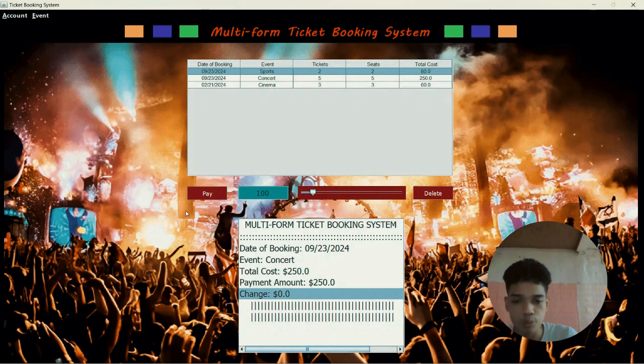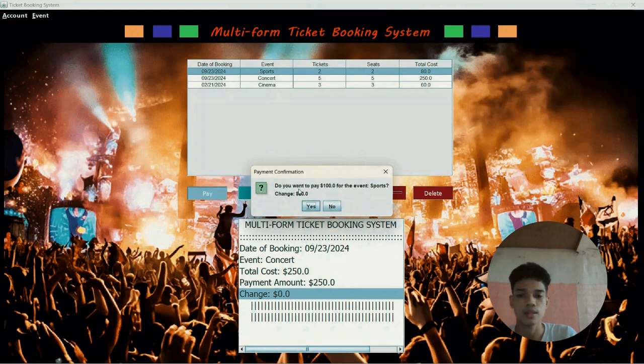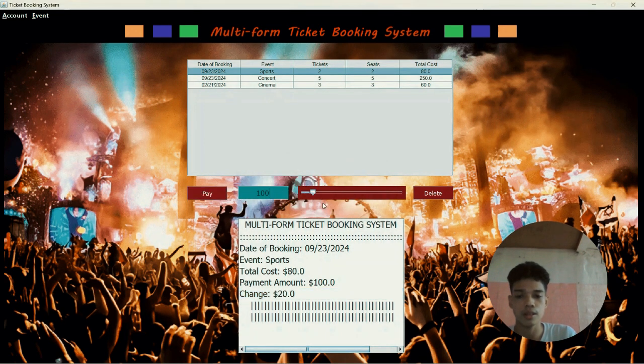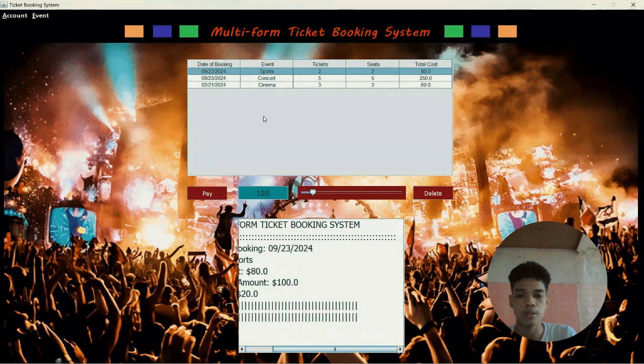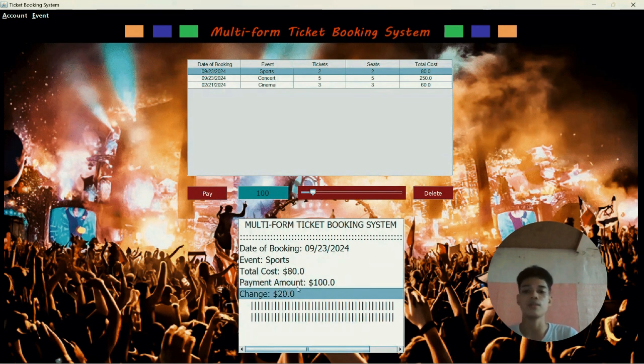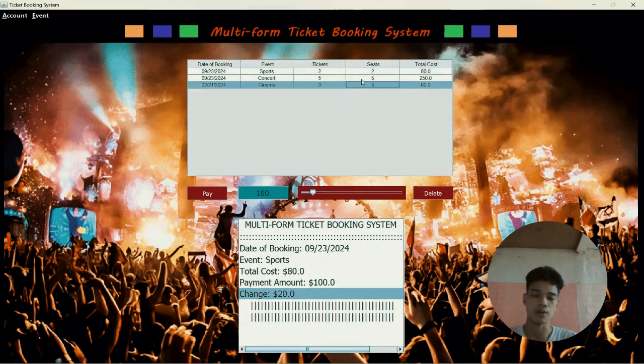The change is $20. So yes. And it will display the date, event, sports, 80, the payment amount that we have, and we have the change of $20.